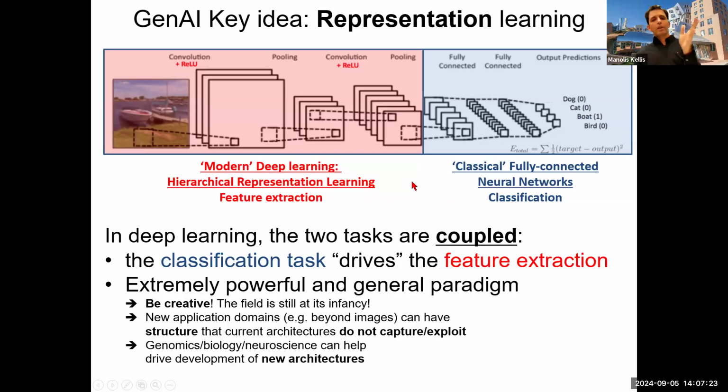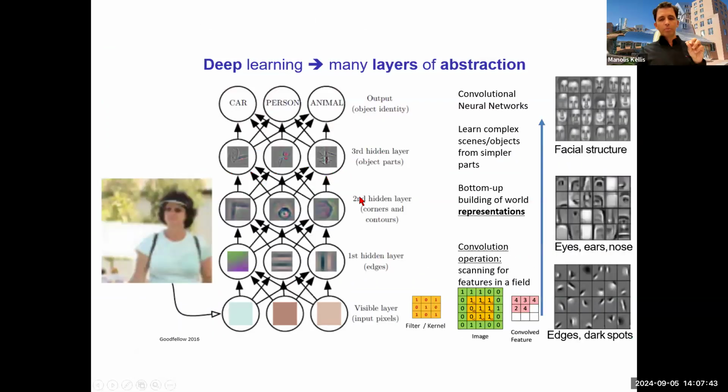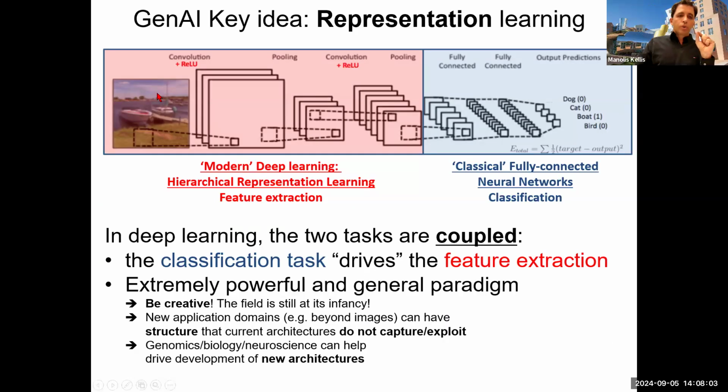If you look at the papers that changed the world in image vision and that led the change in all of generative AI, it's exactly this. You start by learning representations, and that's the modern deep learning part, where you learn these filters, these patterns, these building blocks through convolutional operations. An X here is a pattern that you scan through your image, and you say, oh, I have a match, a match, a match. That's layer one. Then in layer two, you have another pattern like this, building on the X's, and so on and so forth. So that's the representational learning.